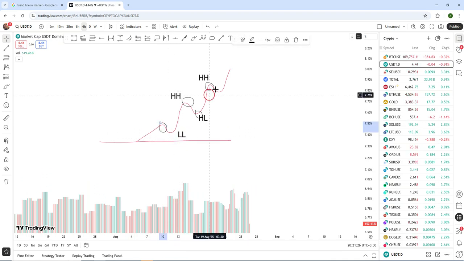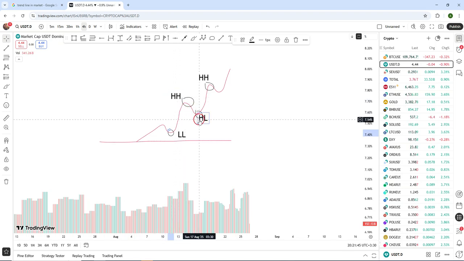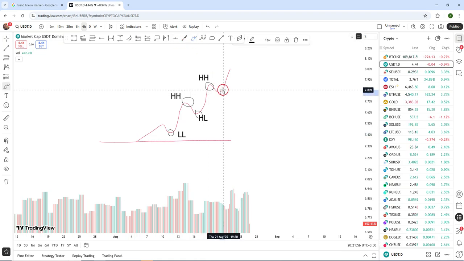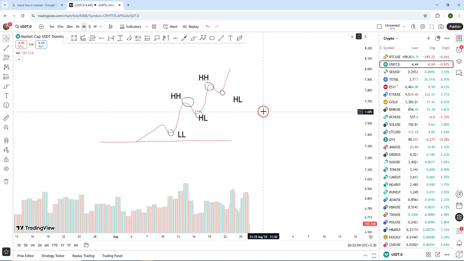Okay, the price starts from here. Okay, the price starts from here. We call it lower low. After that, the price is going up. We call it higher high, and again makes a higher low, and after that higher high, again higher low. I forgot to mark here. We call it higher low. Okay,